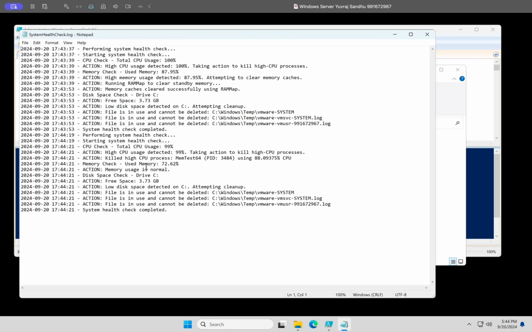So here's the log file, and then performing system health check, a CPU check, and then high CPU usage detected, trying to kill the high CPU usage processes. So while it's attempting to kill, and then high memory found, and then it'll run the tool that is used to clear the memory. It executes the file that is specified, and once it's successful, memory cache is cleared successfully,